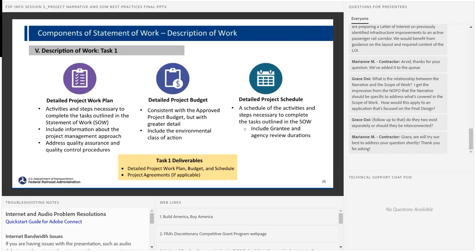This slide I'm not going to go into too much. This is probably more appropriate for a post-award call with a grantee. Description of work, as I mentioned earlier, is sort of the heart of the grant agreements. It's where we clarify what work will be done. Task 1 under the description of work is always a detailed project work plan.